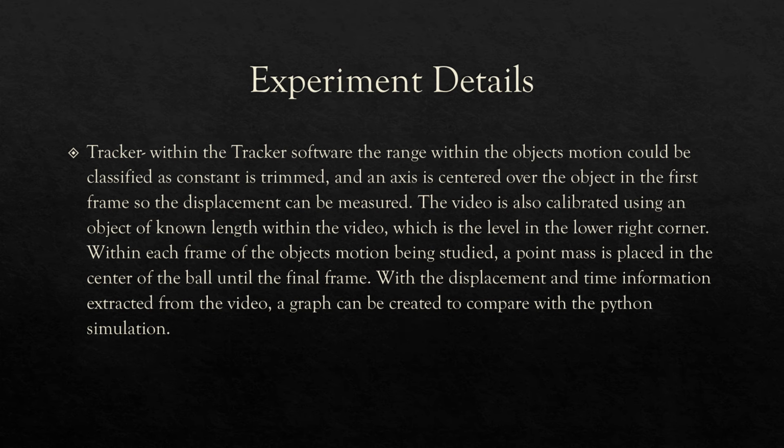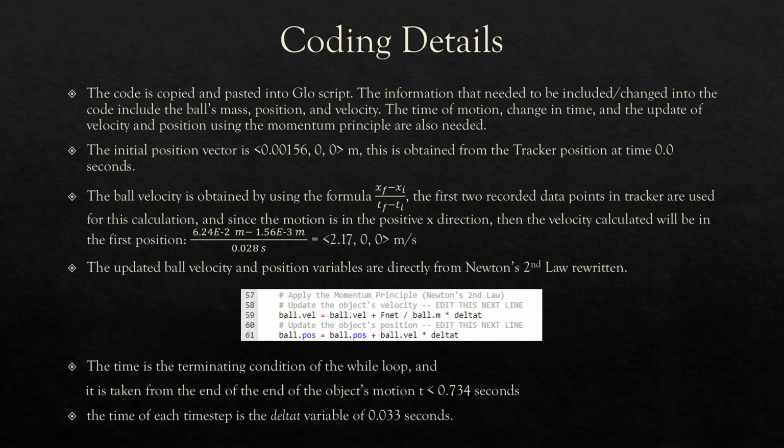With the displacement and time information extracted from the video, a graph can be created to compare it with the Python simulation. Coding details. The code is copied and pasted into GlowScript. The information that needs to be included or changed in the code includes the ball's mass, position, and velocity. The time of motion, change in time, and the update of velocity and position using the momentum principle are also needed. The initial position vector is